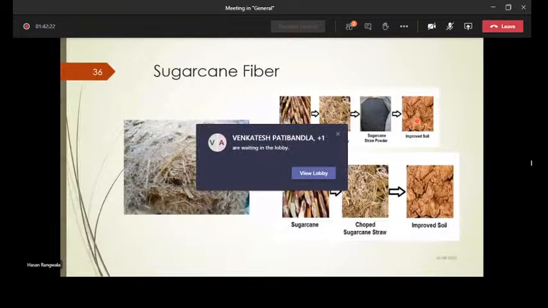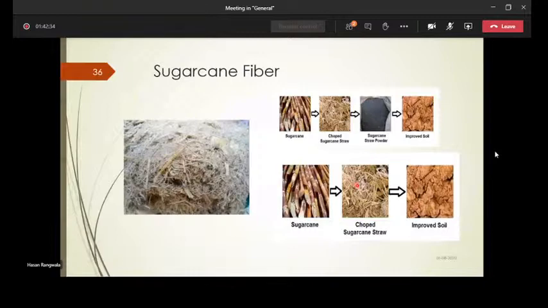But what we have done is, instead of burning, we have used this top sugarcane fiber, and we have just cut this particular fiber. You can see these fibers are quite long. So we have cut the samples to 2 to 3 centimeters, and we have directly put it into the soil to find whether we could increase the